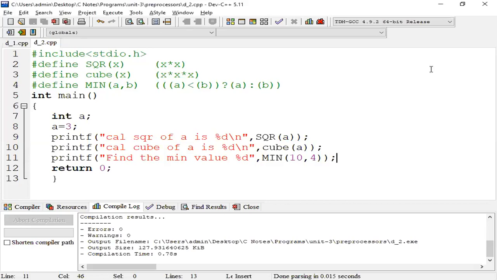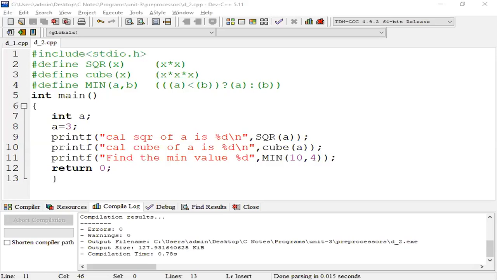Okay, here is the nested macro. As per the previous definitions, we discussed two methods: simple macro and augmented macro. The first is the simple macro. What is the M value? 5. Next, what is defined for N? The N macro definition depends on the previous macro. What is the previous macro? The M macro, which is 5. Now, what is the N value? M plus 5 means N equals 6. So N depends on the previous macro, so N is a nested macro of M.